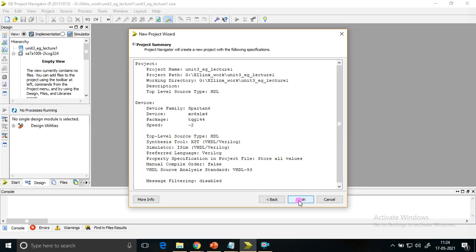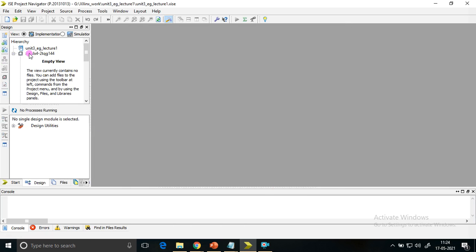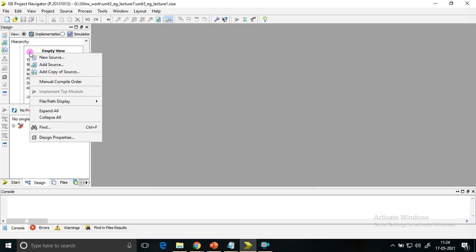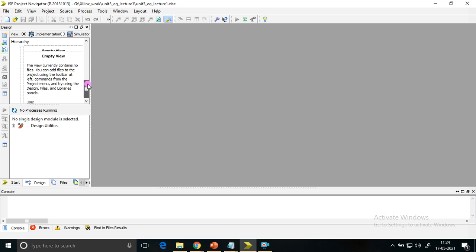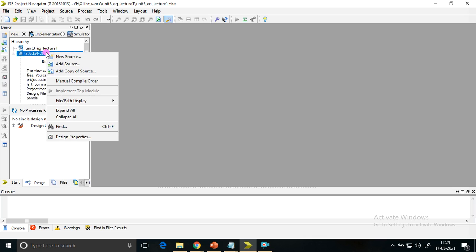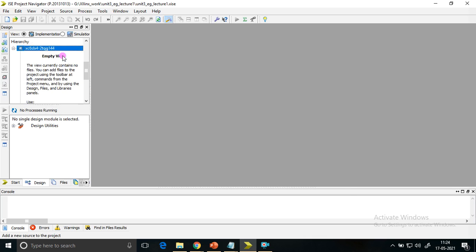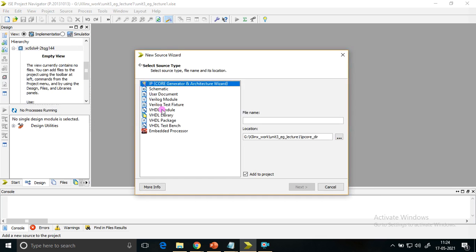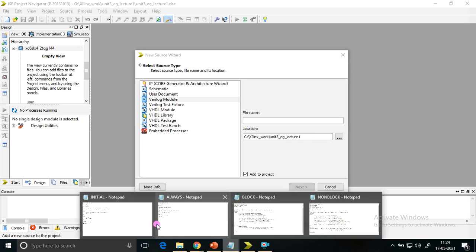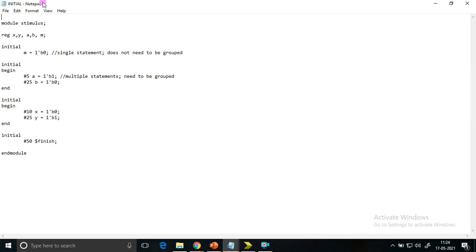So the project is open. Once the project is open, go for the new source. New source, Verilog module. So let me just copy down the same code. I have prepared all these codes.